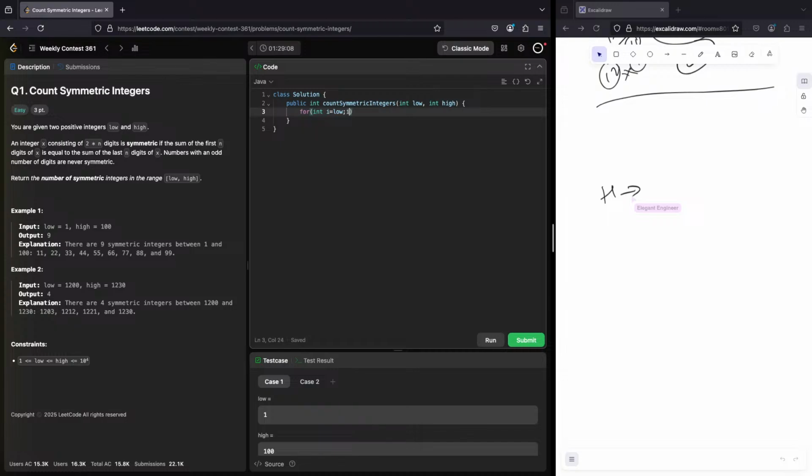So, i plus plus, and num is equal to y. Digits list. Num modulo 10, num is equal to num by 10, if digits